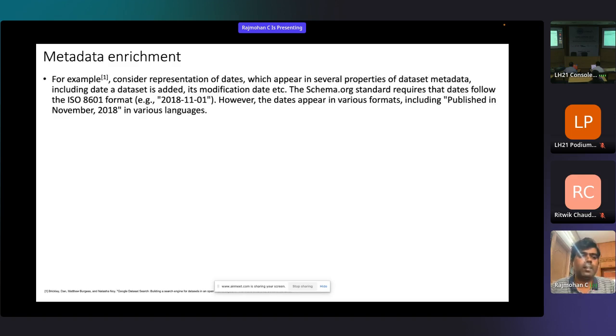Now, for example, this is one example I am flashing from the Google's dataset search engine paper. If you look at the date property, each dataset has some kind of a date property because it's very preliminary data. It could be about when the dataset was created, when it was modified, or any other date column. But the problem is, even though the standard requires it in some particular format, different data sets have it in different formats. Notwithstanding that, there are data sets which just mention it like this is published in November 2018, something in a natural language. And even some data sets have it in different languages in natural language just to convey the date,